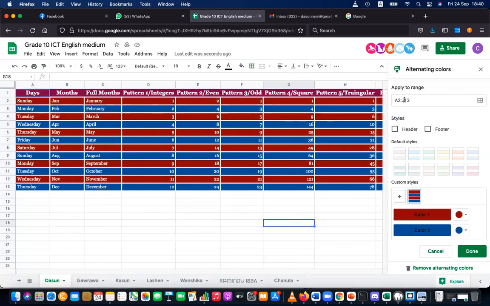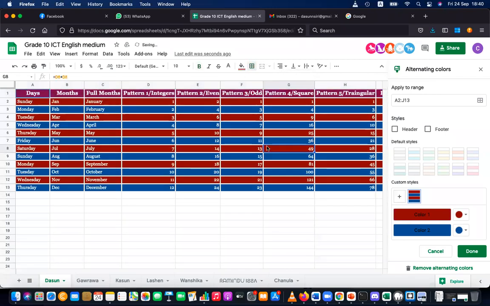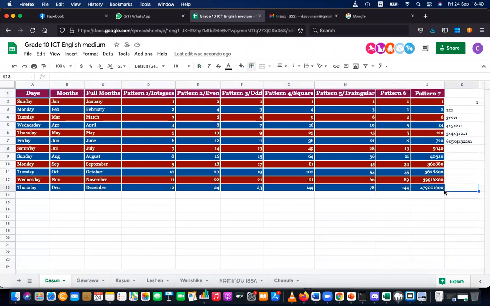Okay, I need to apply the same style here for the border colors. All borders. Here it is. So try to format the table in the given format.